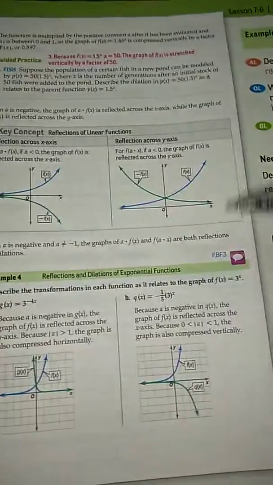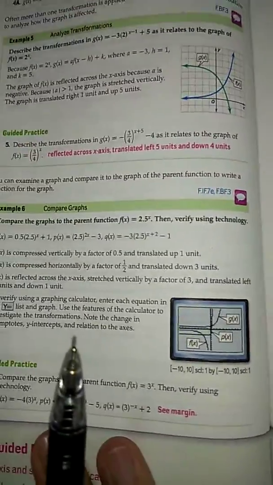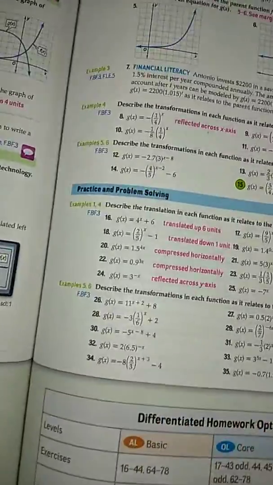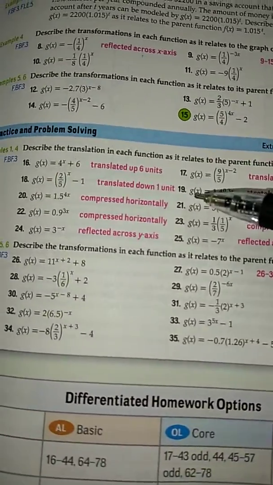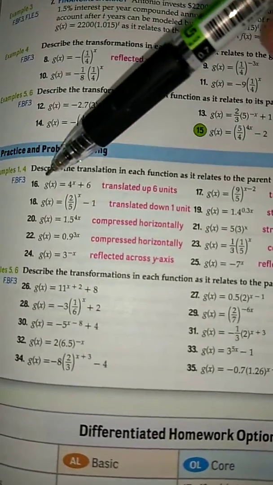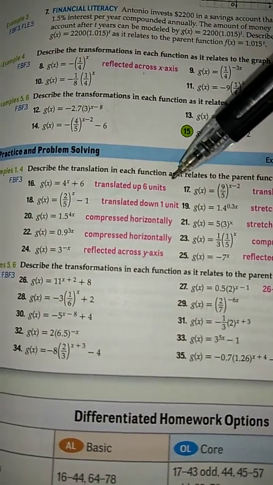So I want you to look through this, and you're going to find that it's a little bit confusing. There's a lot of information here. And it's true, there is a lot of information here. But this is how I think you're going to be able to learn this lesson, by looking at these answers. You look at the equation, and then you look at the description of the type of